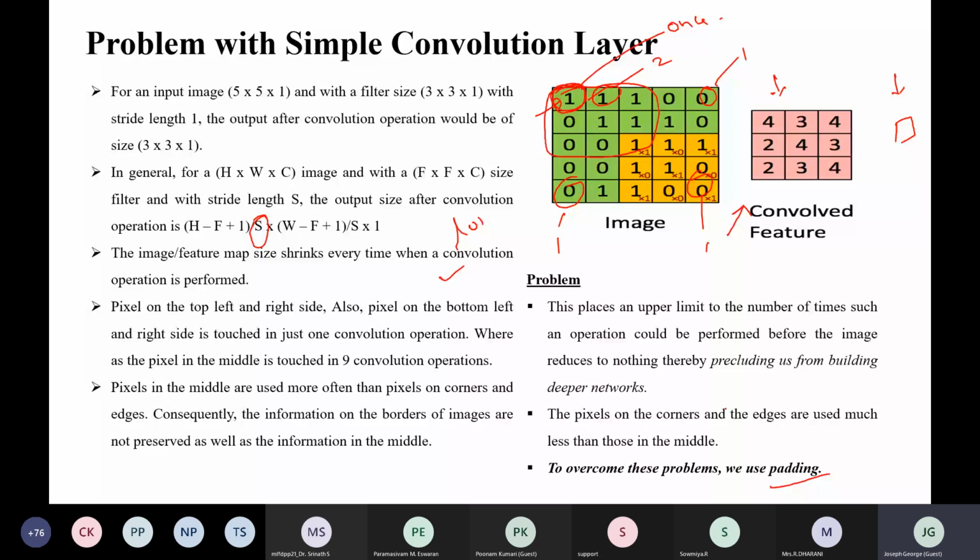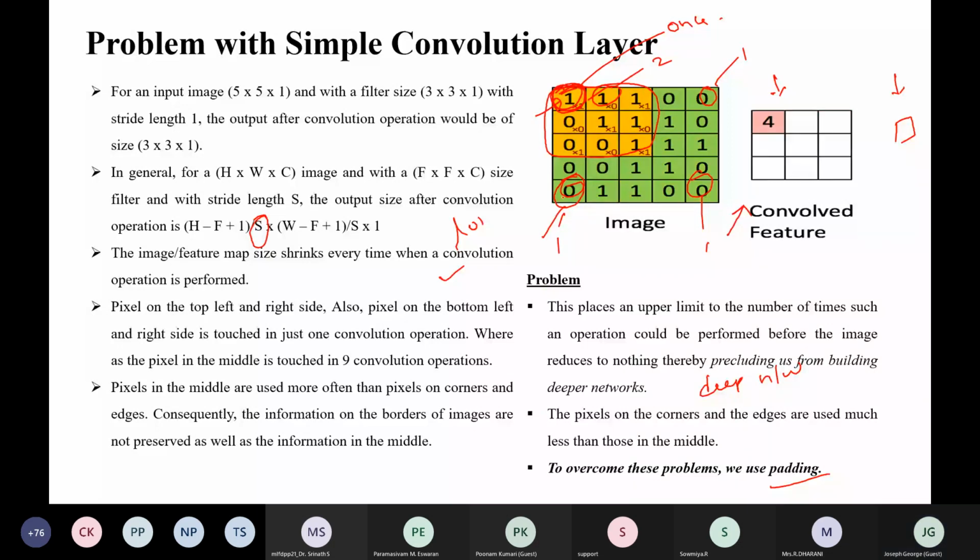The main problems with the convolution layer are: due to the stride, we cannot create a deep neural network, and also important features at the edges will be missed. We lose the information because the edge pixels participate only once in the convolution operation. So in order to avoid that problem, we are going for padding.